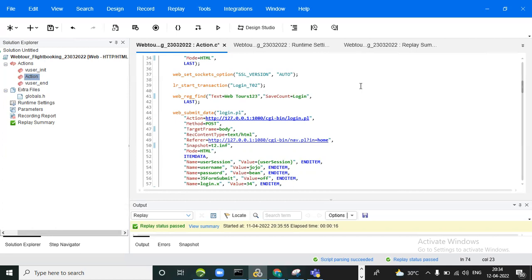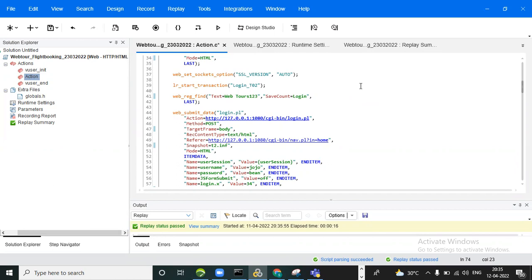So it's clear? Yes. One more function, you know, web set max html param length function. It sets the maximum length of any HTML string that can be retrieved and stored in a variable. For the syntax, web set max html param length, you need to assign the number of bytes.